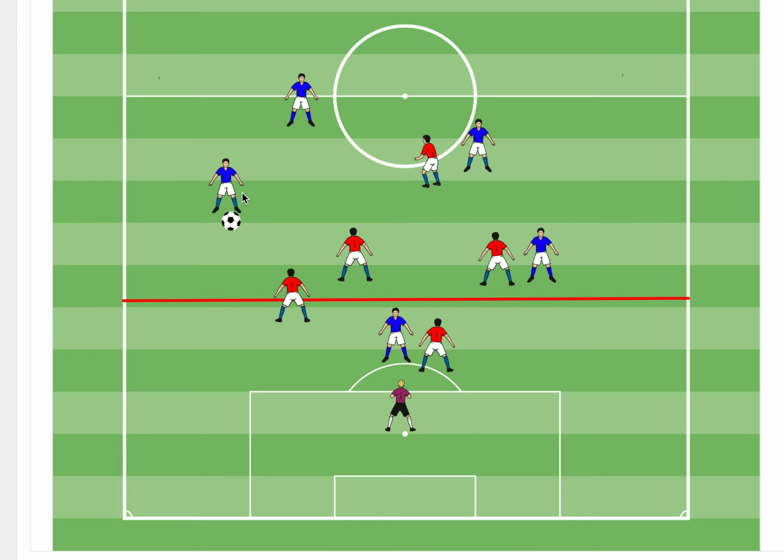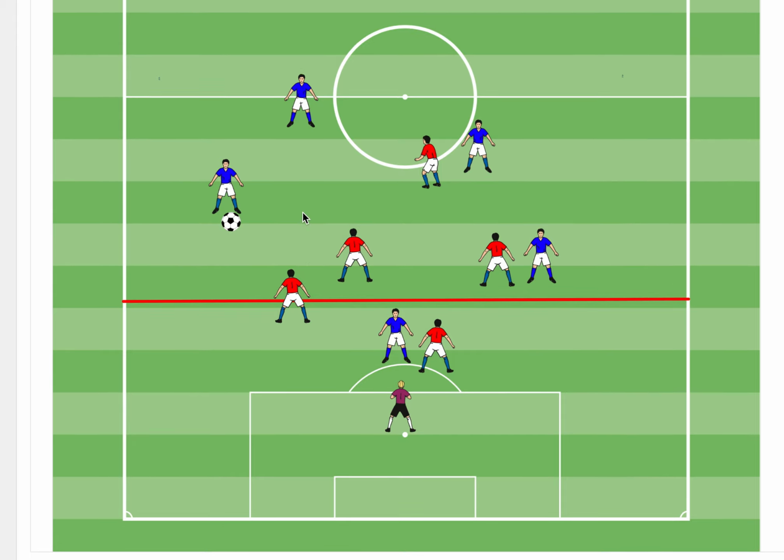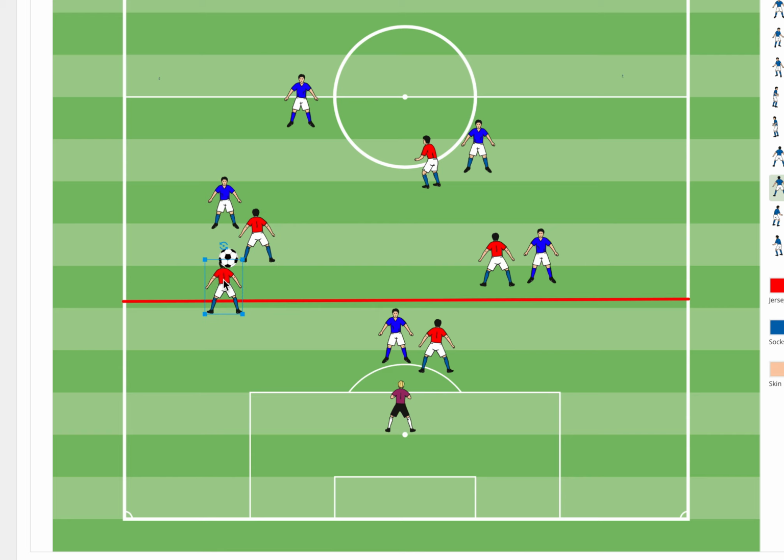Okay, so under this example, guys, as you can see, if this player decides to drive the ball right here in this position, obviously our opposition is going to put a lot of pressure in this area, right? That will be for sure. That will be so obvious.